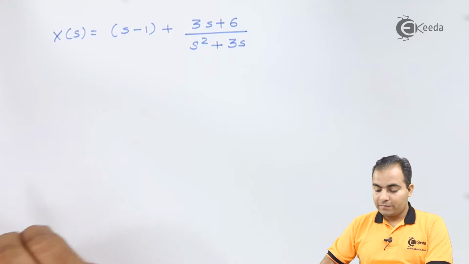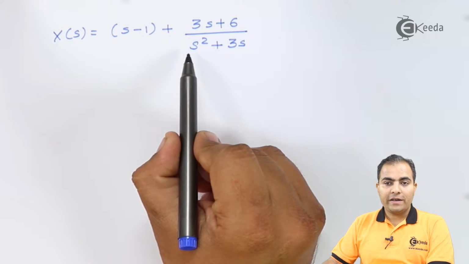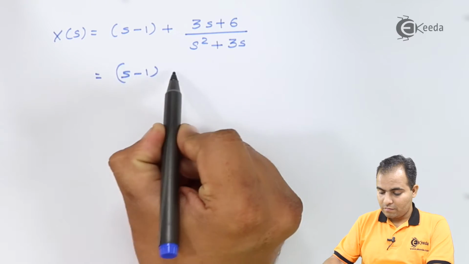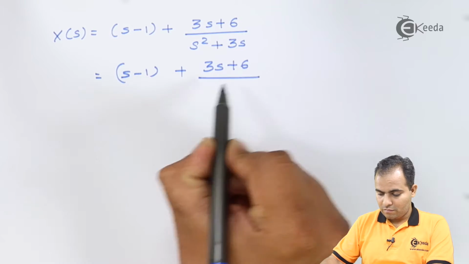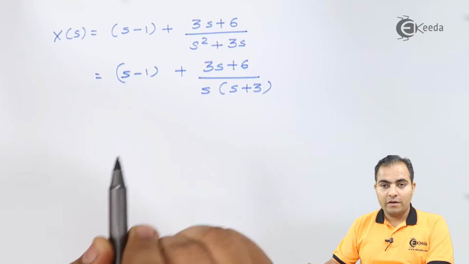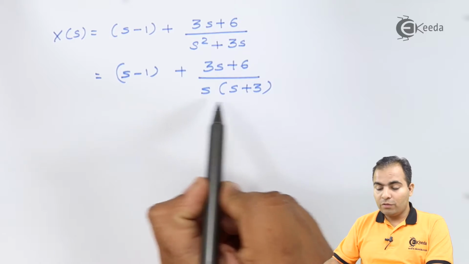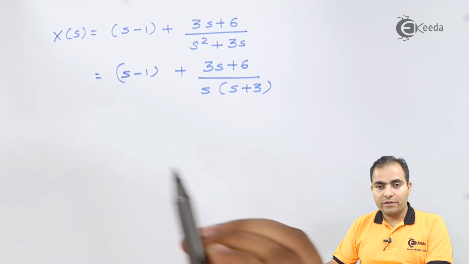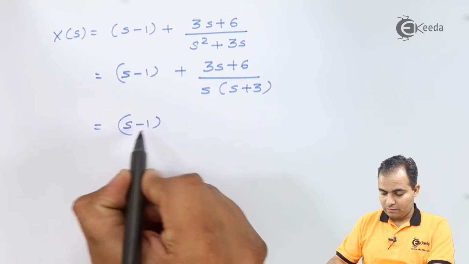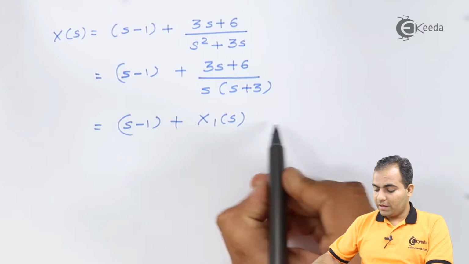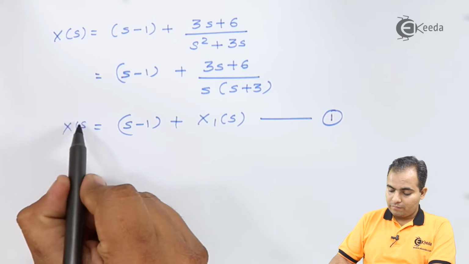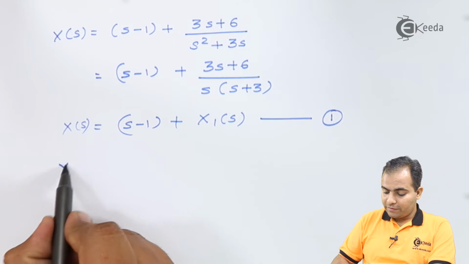This is our X of s. You can see here, we can take s common from the denominator. And what I will do, I'll replace this whole function by a different function, and let's say it is X1 of s. And this one is my equation number 1. So what is X1 of s? X1 of s is nothing but,